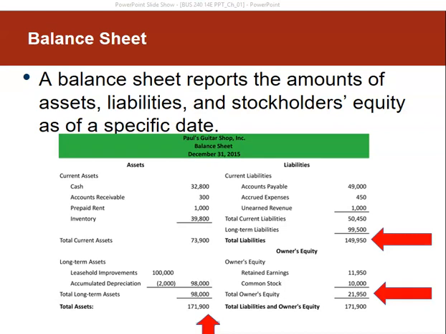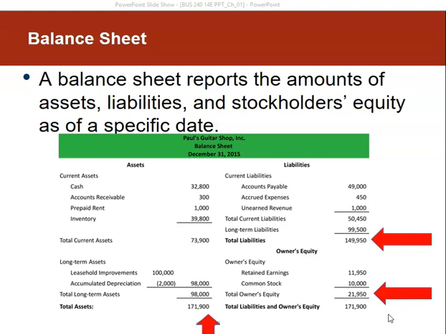All right, so we've looked at the income statement and we've looked at the retained earnings statement. Let's move on to the balance sheet. And we have an example of a balance sheet. Looks like we're back to that Paul's Guitar Shop. And we can already see from the layout of this very small balance sheet that this is a really basic balance sheet,